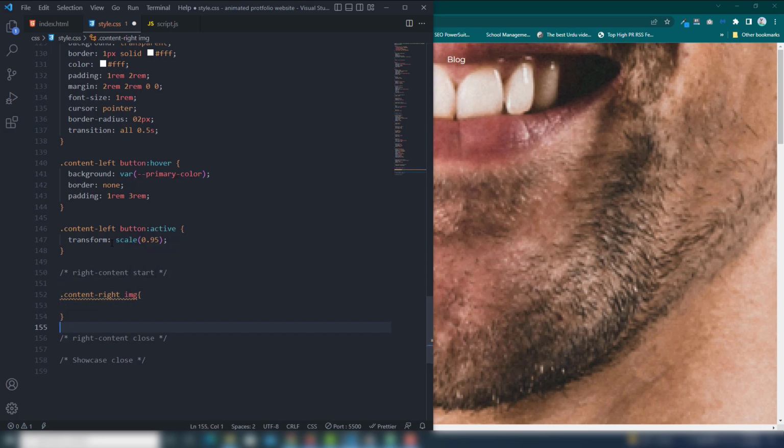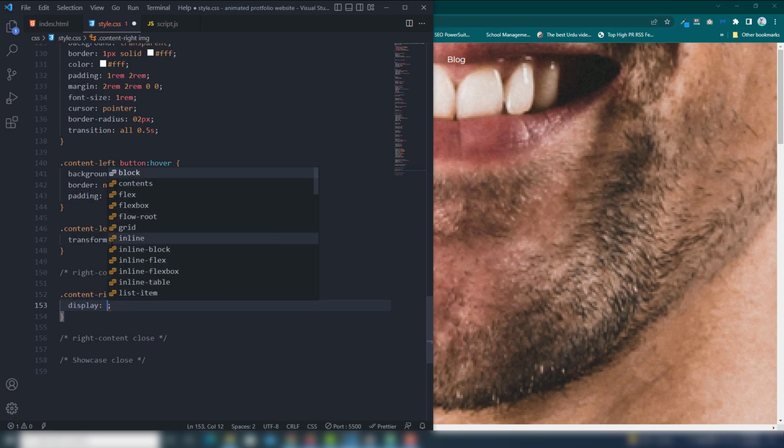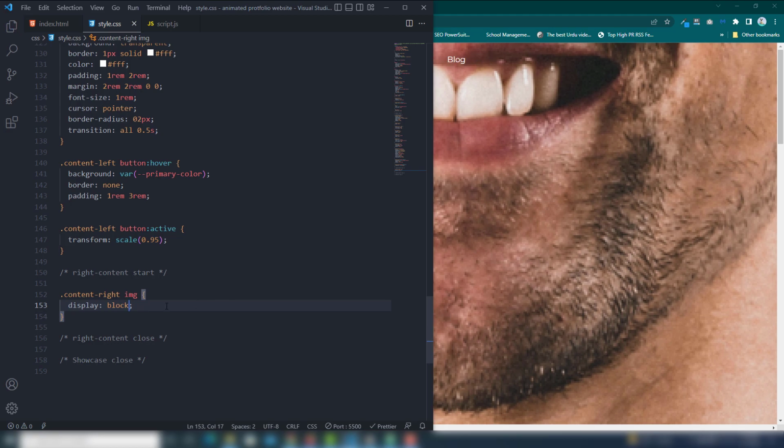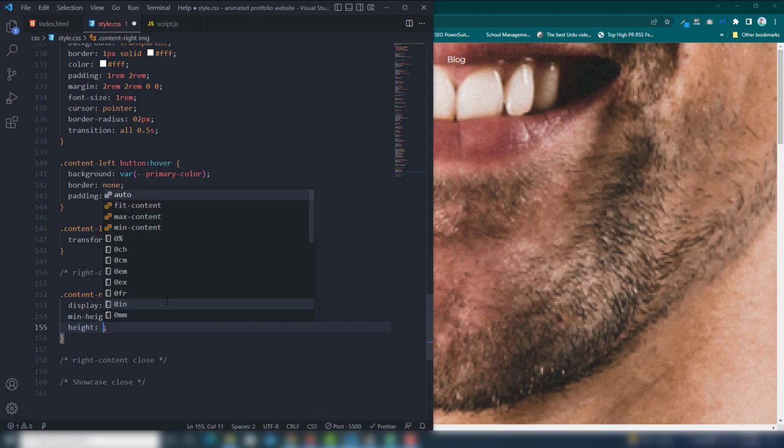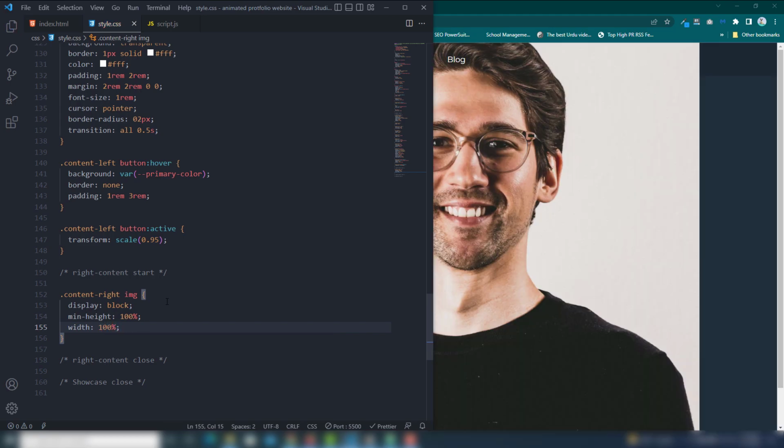The first thing I'm gonna set on the image is display block. So you can't see anything, but you need to use other things like min height 100%, height will be 100%, width will be 100%. So first let's see, perfect.